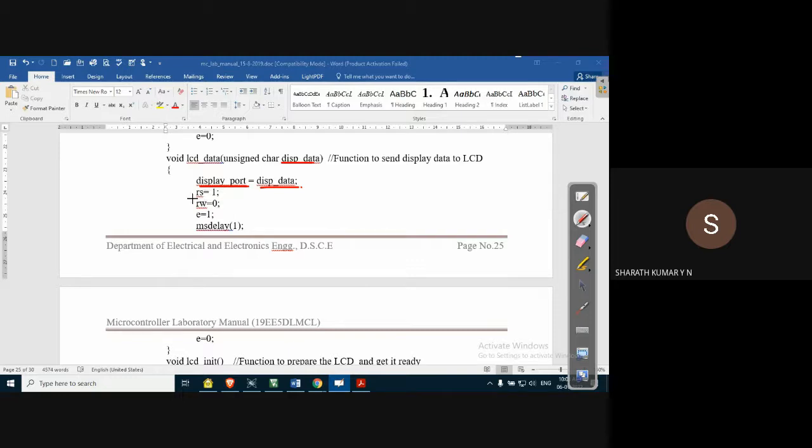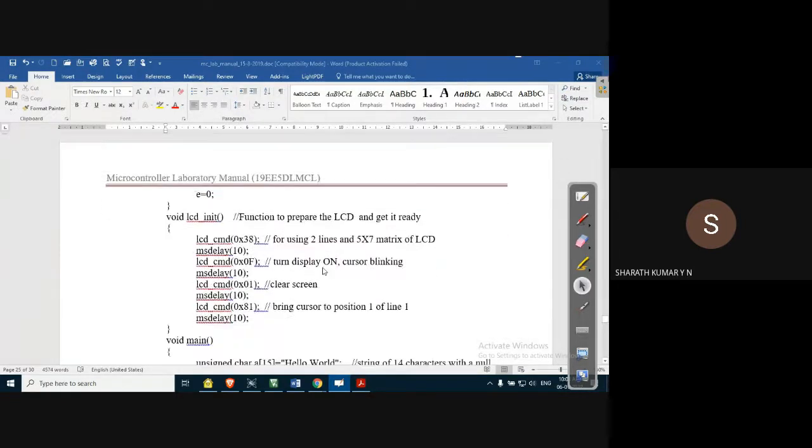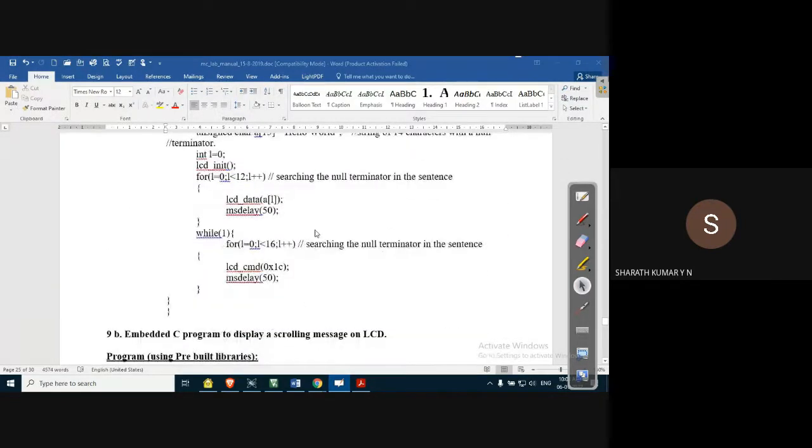Each time we have to make sure that the register is selected as the data register, and RW bar should be equal to 0, so that data can be written to the LCD display, and it should be enabled. Enabling means the E pin should transition from high to low. This is done each time the function is called.